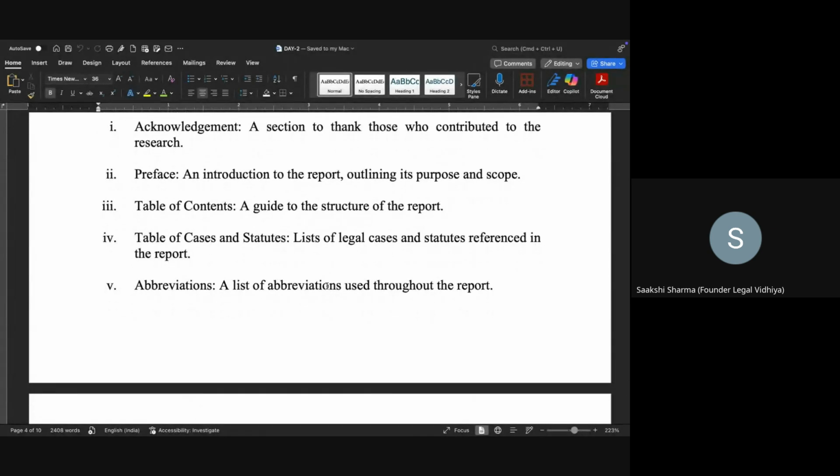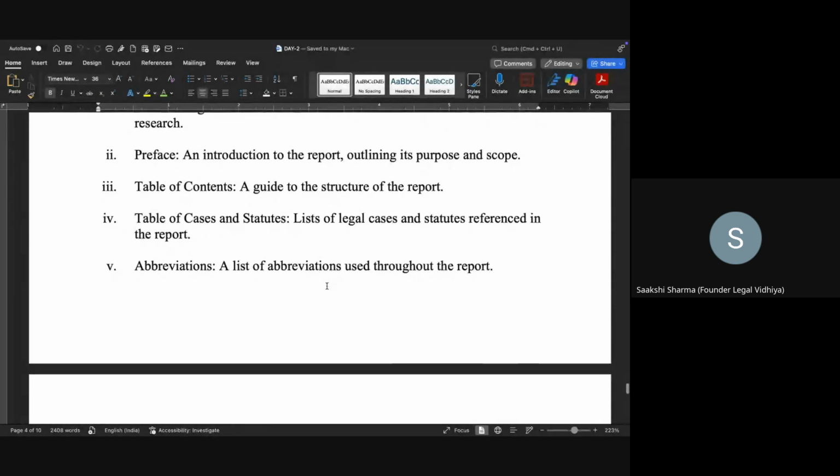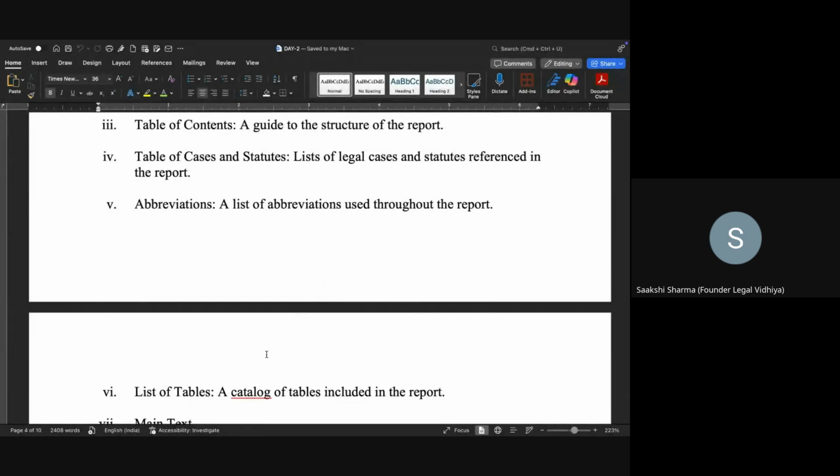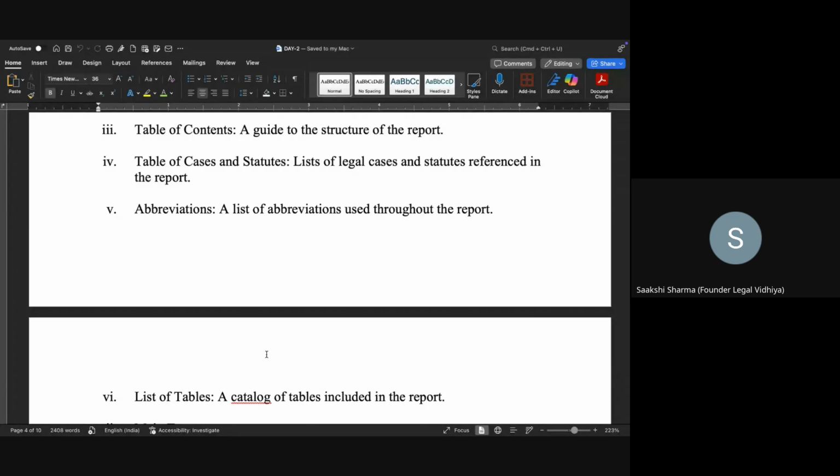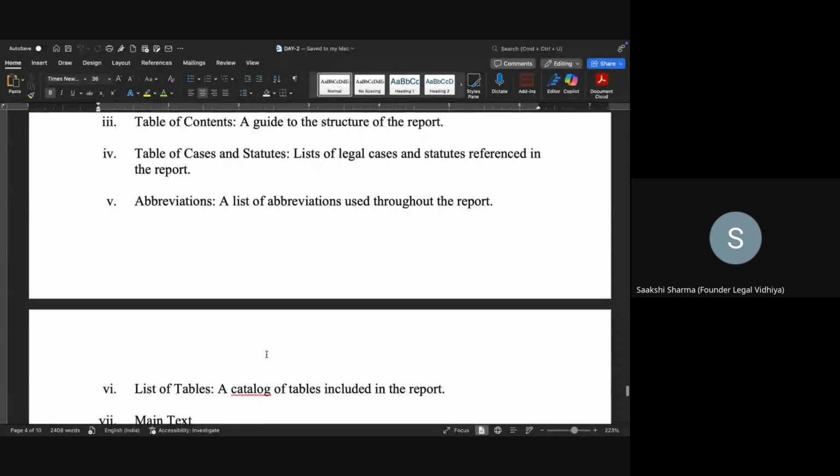Then we write a list of abbreviations, because we use a lot of various types of abbreviations in our dissertation or a research project. So सारे abbreviations को हम लोग explain करते हुए एक list लेते हैं which goes in the next page. And then we have a list of tables. Now जब आप अपना data analyze करते हो and उसको tabulate करते हो, you might draw various data tables. तो जितने भी आप टेबल्स बनाते हो, उनको आप मेंशन करते हो in the list of tables. You number them Table 1.1 or 1.2, 2.1, 2.2 and write a short title of what the table reflects. And that is what you mention.